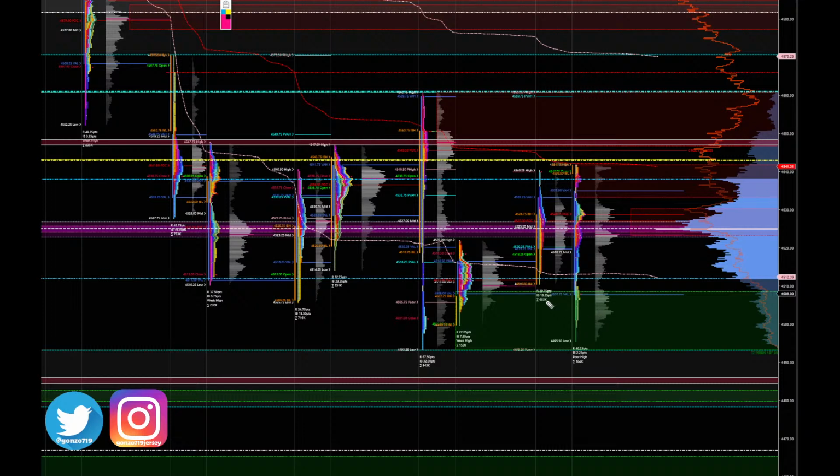Okay. Of course, what we could do is you have a gap here. Now, like I said, this gap is not big. We could even open up without a gap. Obviously, if we open here, you could touch that. You could roll over and possibly fill this gap. But you have to break these lows, which is also the gap. So a lot of confluence there.